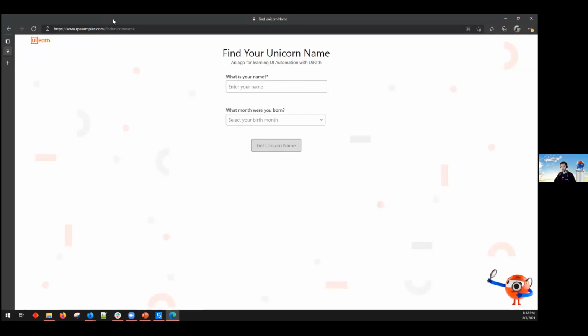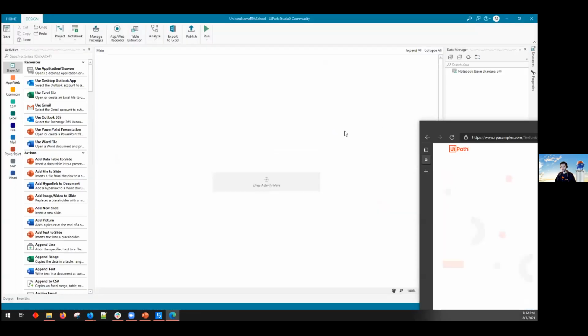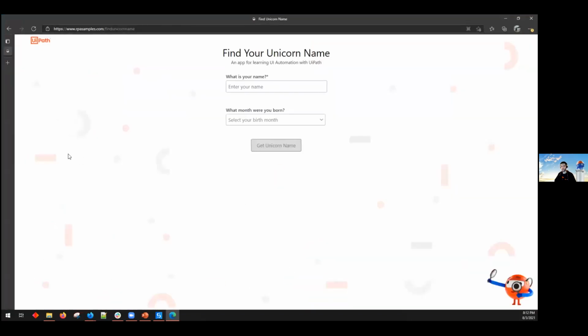There's something that we want to mention right now: when you work with browsers, UiPath has direct integration with Internet Explorer, but if you want to use other browsers, you need to install an extension. Okay, so let's say I want to work with Microsoft Edge that is not installed by default.